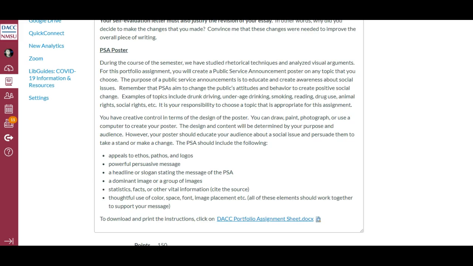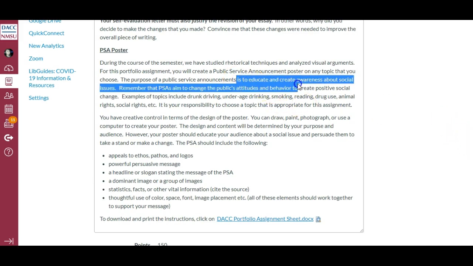Now, public service announcements are different in the sense that they're not trying to sell you anything, but they're trying to either educate the public or create awareness about a social issue. Right now, after I'm done going over the instructions, I am going to go over to the module, so I will go ahead and show you a PowerPoint that I have that is going to give you ideas on what topics you can select for the public service announcement. But in any case,